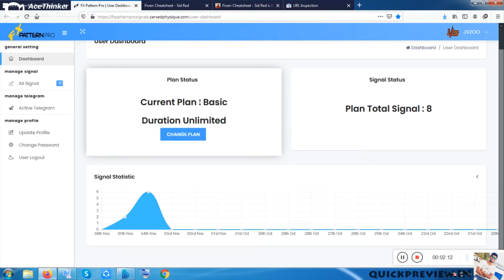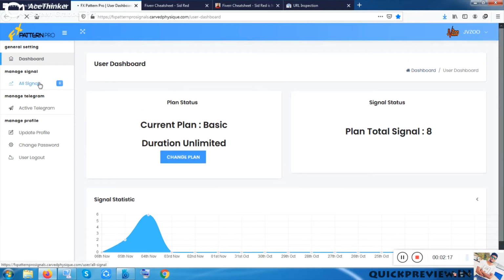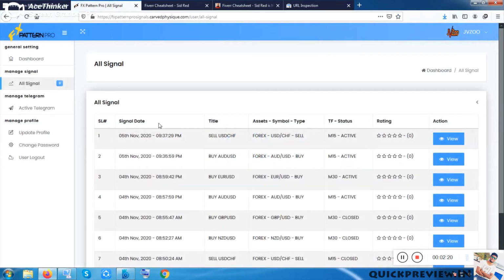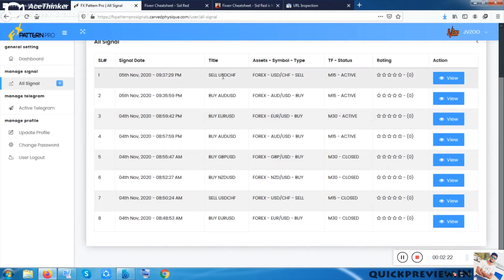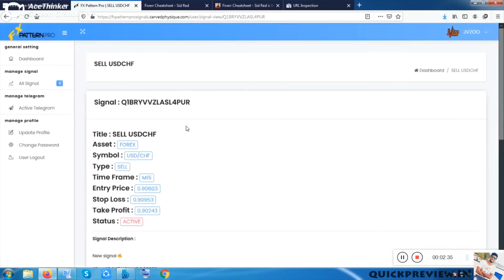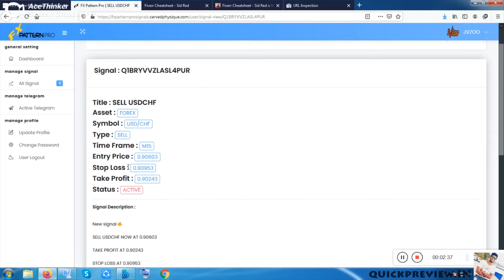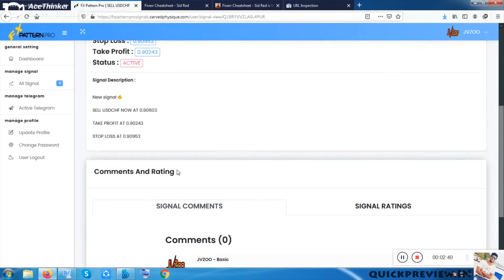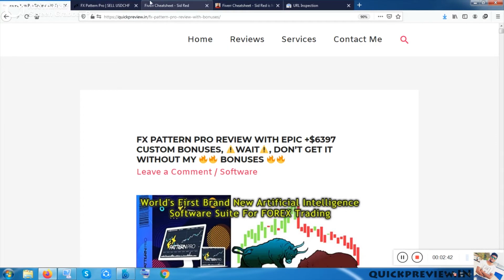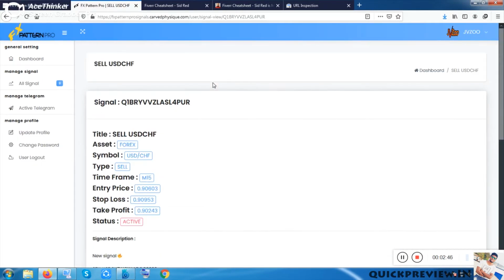Okay, and the next option is all signal. If I click on all signal, it will show me all of the shares of individual other companies. So you can see everything, you can view it in detail. What is the share price going on, what is the stop loss. I know exactly that there will be a bullish and bearish graph. Okay, let me just find it.